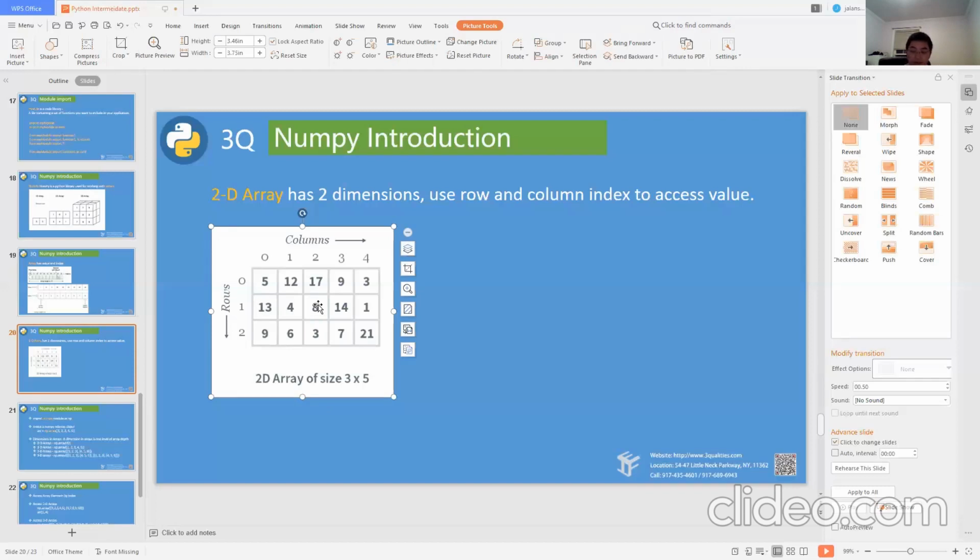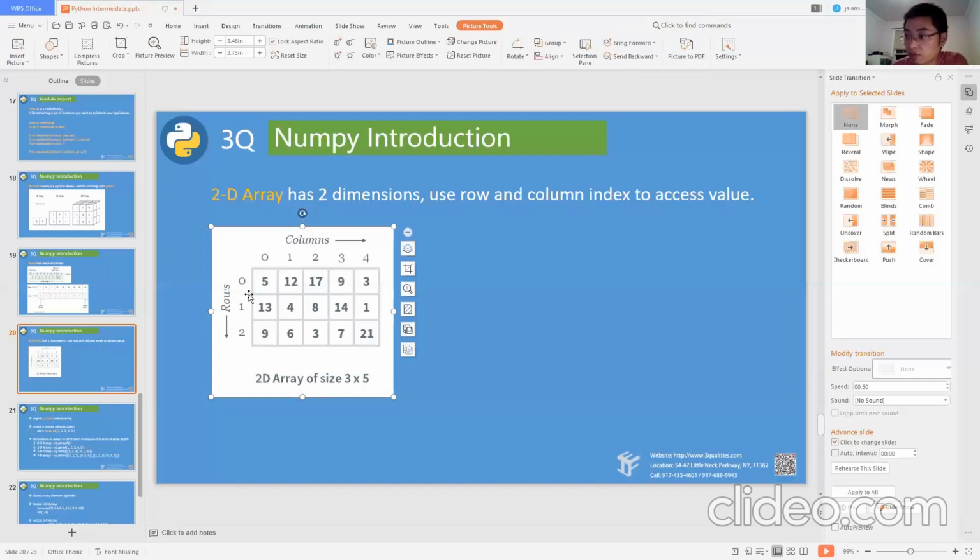Nathan, can you tell me? What is the row index and what is the column index when I try to access the value 8? 1 and 2. Very good. What is 1? 1 is the index of the row.